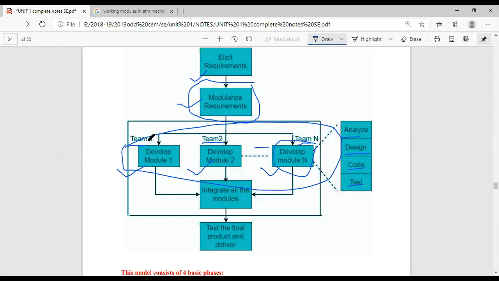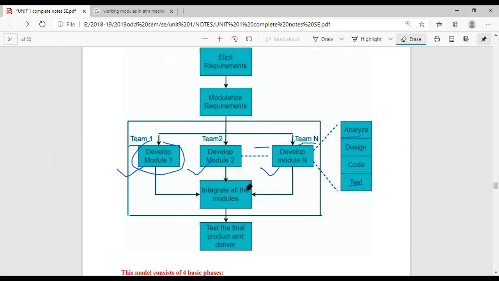It means when we collect requirements for the login module, what will happen? As soon as you collect the requirements for the login module, you also make the design of that module. After designing, you write the code for the login module, and after the coding is completed, you do testing on that module. In this way, this module is ready. For the second module also, you are going to do analysis, designing, coding, and testing. The same process is carried out for all the modules.